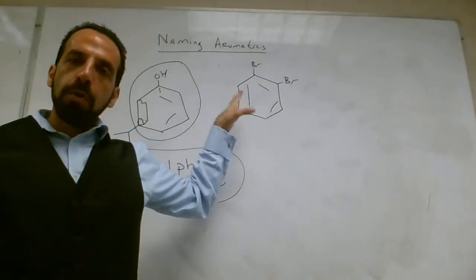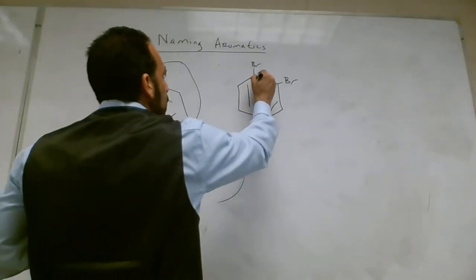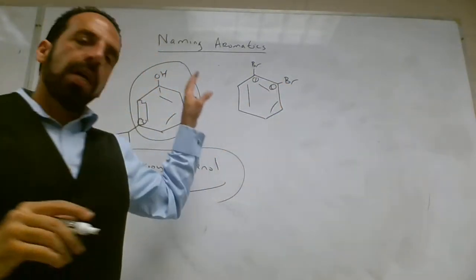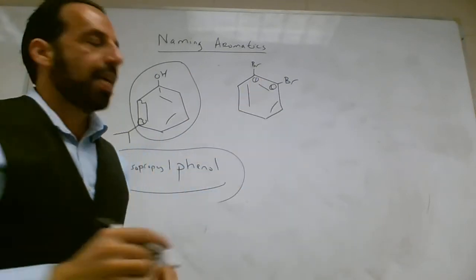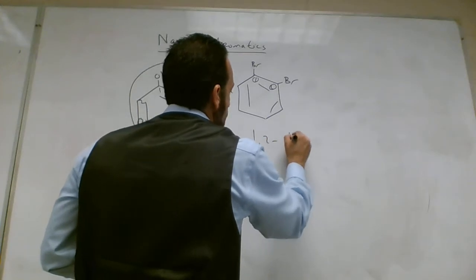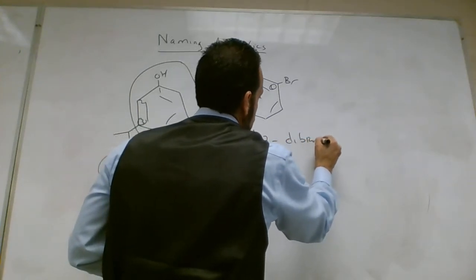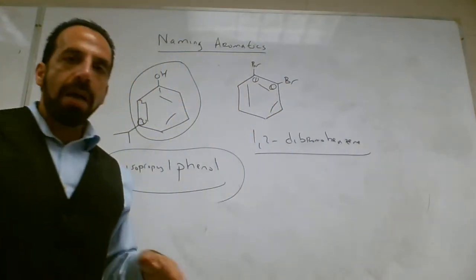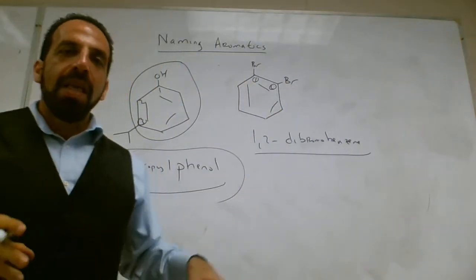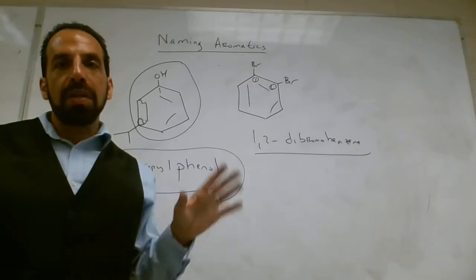This right here, I have 2 bromine groups on there. 1, 2. So I can call this 1, 2. Again, I got to label exactly where each bromine is. So 1, 2 dibromobenzene. Now, one thing I do want to mention, sometimes if I have 1 and 2 groups together